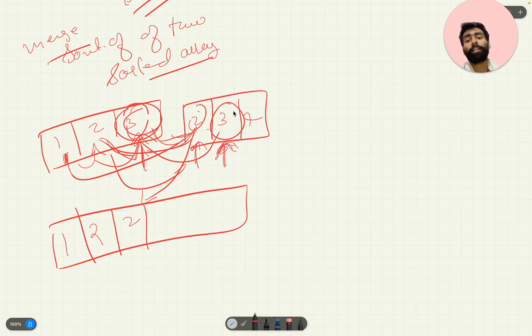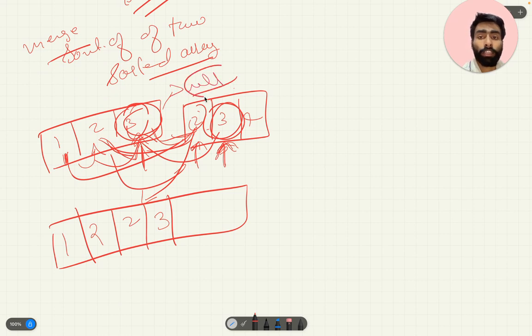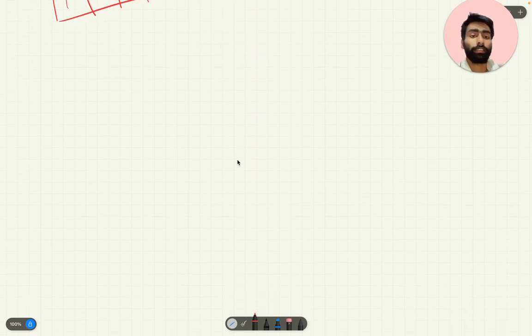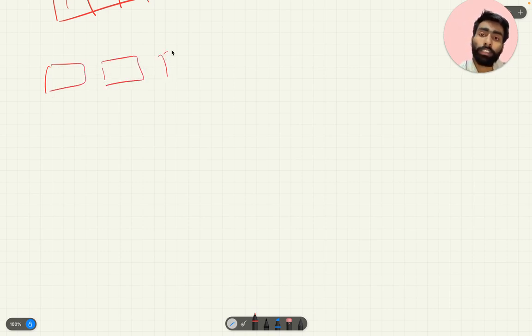Now we compare these two, which are of the same value, then this is added, and as this becomes null, that is no more element left, we directly add the left here. In this way we do the merging for sorted arrays, because we have now got one element in each array.